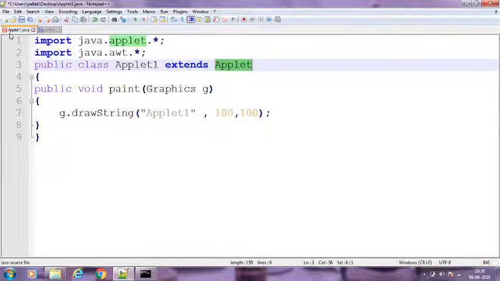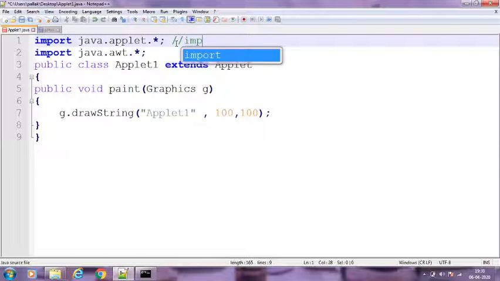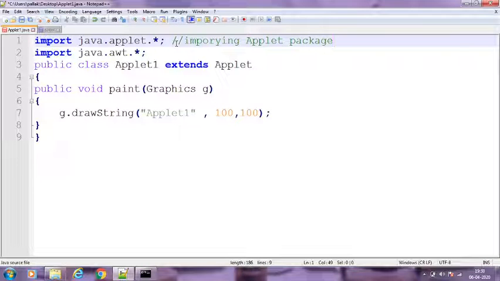I have created the applet1.java file, and this is a basic program of an applet. You can see here I have created a small program. The first line is to import the applet package, right? I have already discussed in the previous video that whenever we want to create an applet class, first of all we need to import the applet package. So this is just importing the applet package, right? Then the second line is